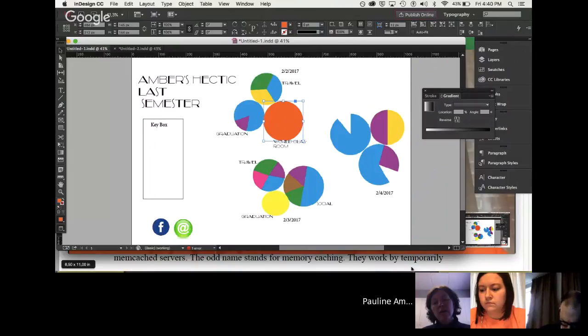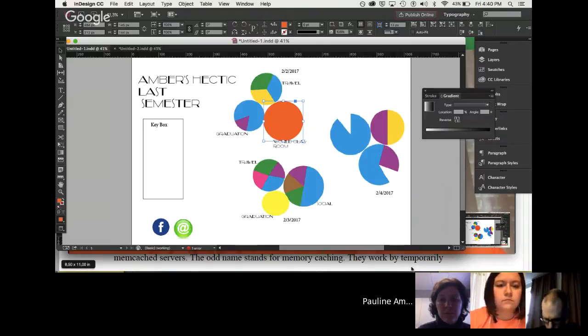Oh, okay. So for these circles, graduation, travel, World Classroom, I guess the size of the circle has to do with the quantity. Yeah, I'm going to do better next time. This is what I could do from here.